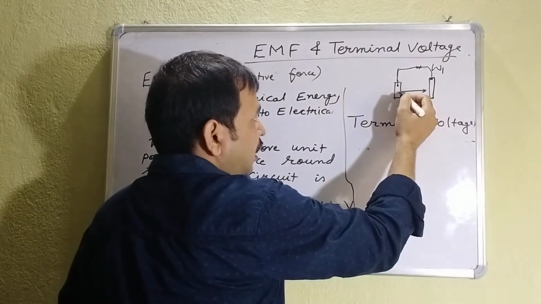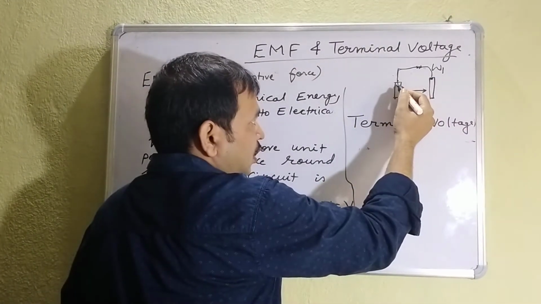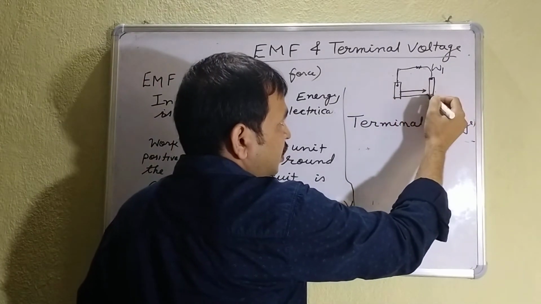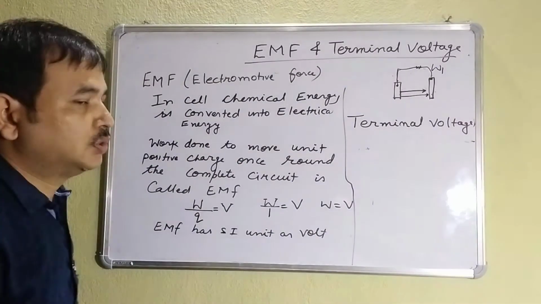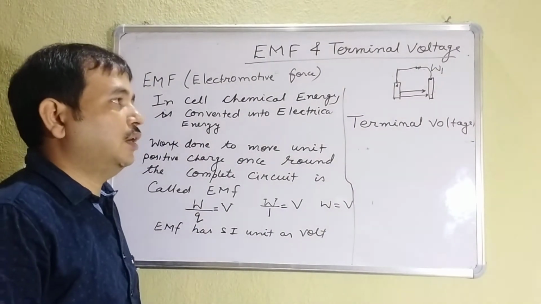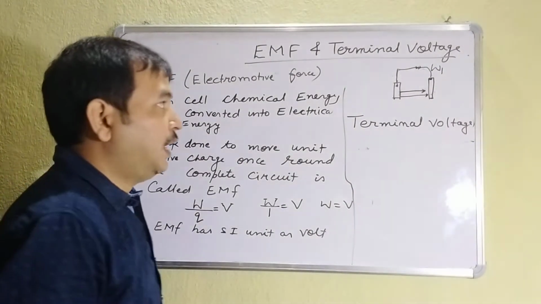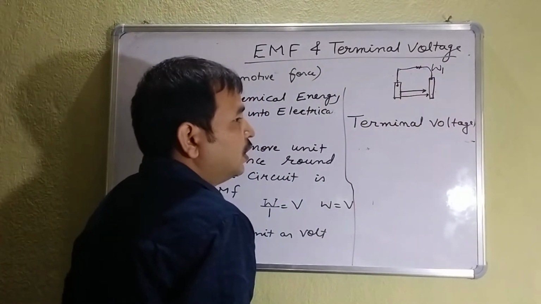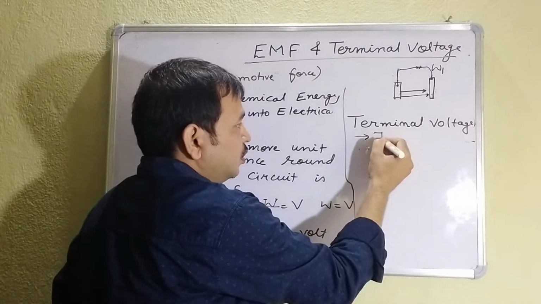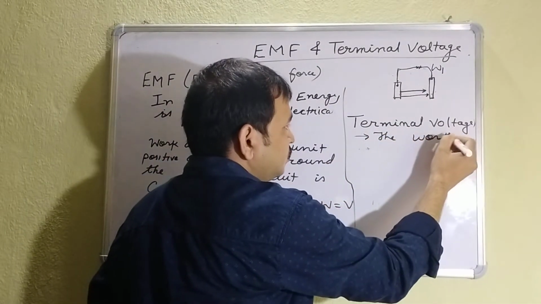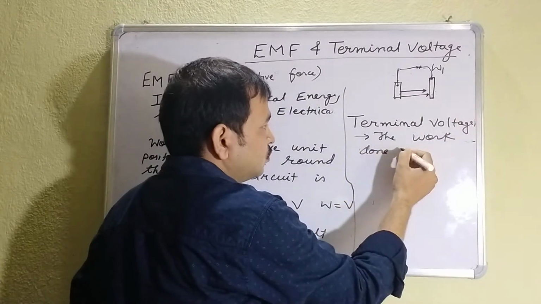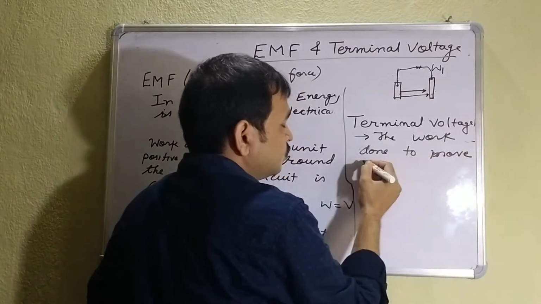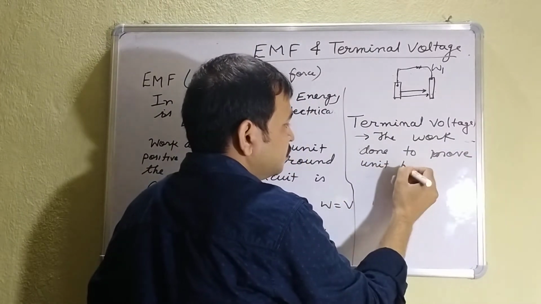Again the 1 coulomb charge is moved from one electrode to another electrode inside the solution. So the complete work done, the total work done, is known as EMF, and this work done to move across the resistor outside the circuit is known as terminal voltage. The work done to move unit positive charge